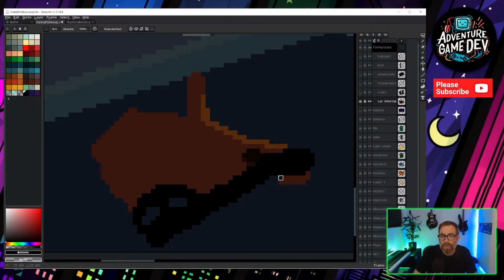I've got a shortcut, which is the Control key, just to delete. So what I need to do is separate the dash from that background bit.